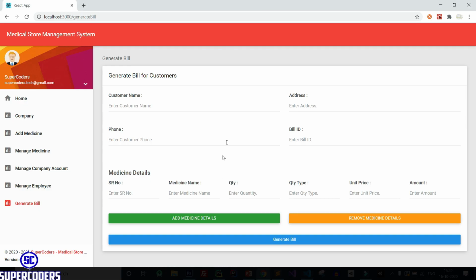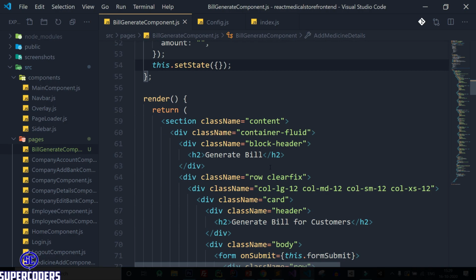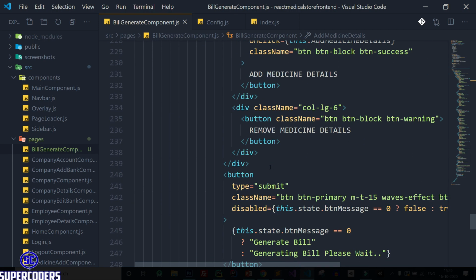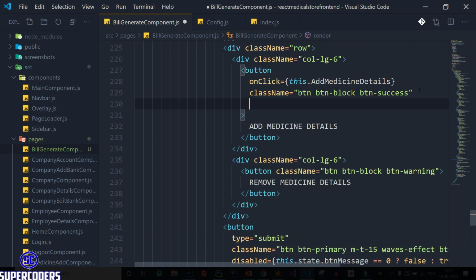So back to Chrome, refresh page, click on add medicine details, and it is showing error, property of value undefined. Okay, here is the error. Change this button type. So type equal to button, copy it.